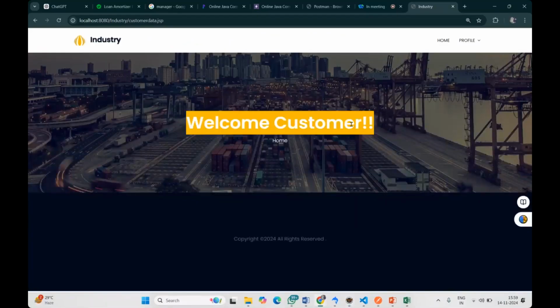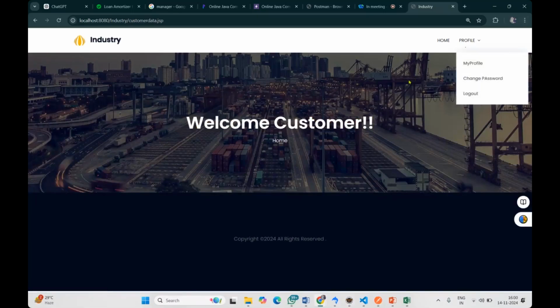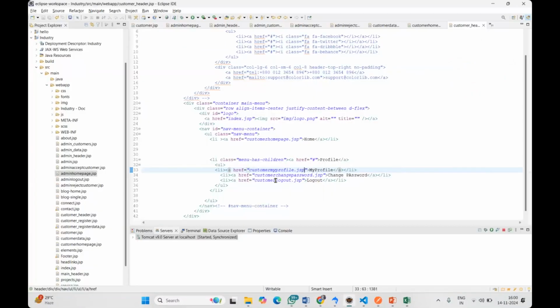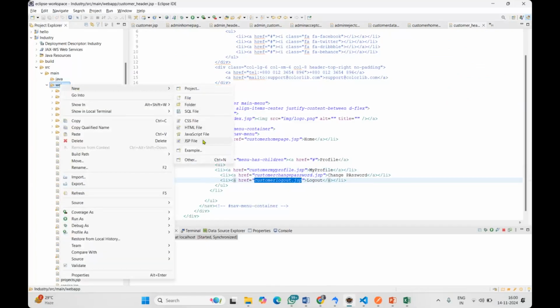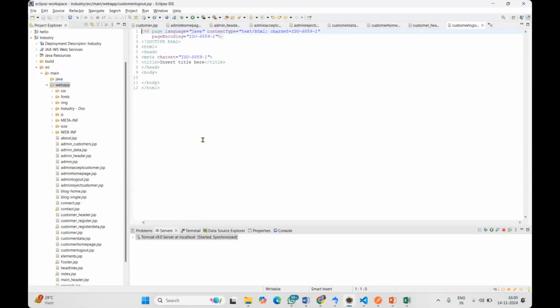Now we are done with the login page. We are done with registration and we are done with the login page also. Now what we need to do, we need to create our logout page. So here the customer logout, I need to create one more file and naming it as the customer logout file, where